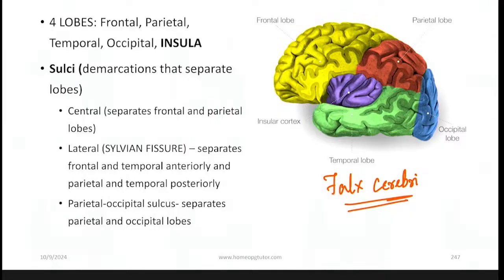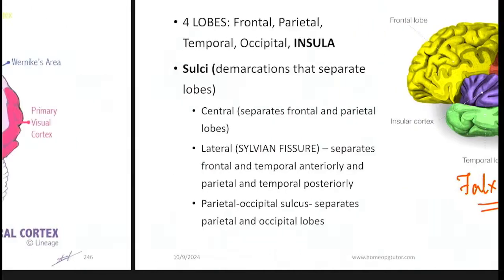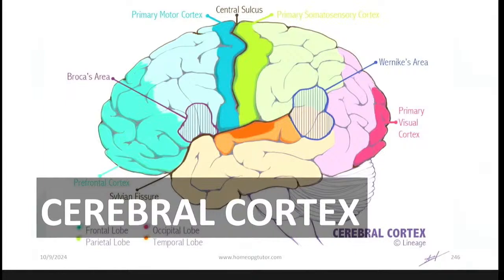So the internal structure of a cerebrum, just like a spinal cord, is divided into two types of tissue. One is gray matter, the other one is white matter. Correct. So talking about the gray matter as such, it forms the surface of each cerebral hemisphere, and that is what we call the cerebral cortex. So here we're dealing with the cerebral cortex. Okay, and what is the cerebral cortex? So basically the gray matter that forms the surface of each cerebral hemisphere is known as the cerebral cortex,